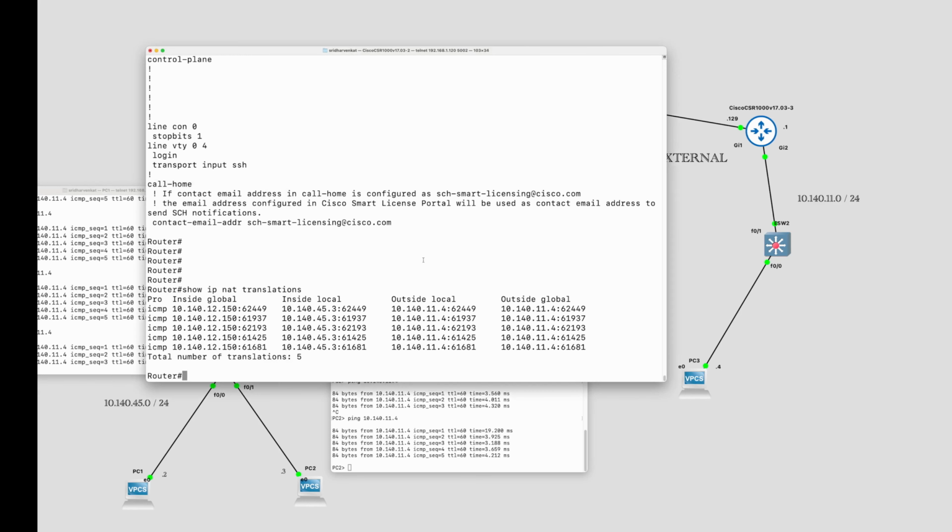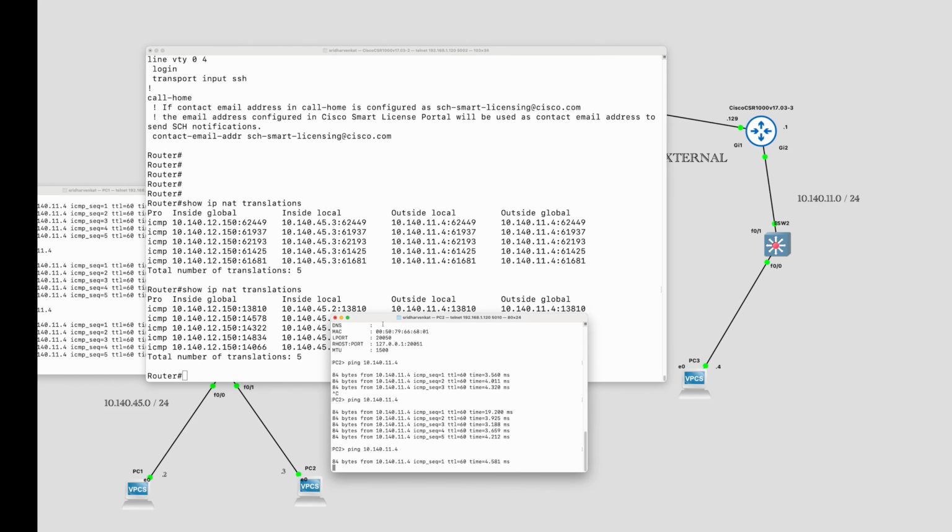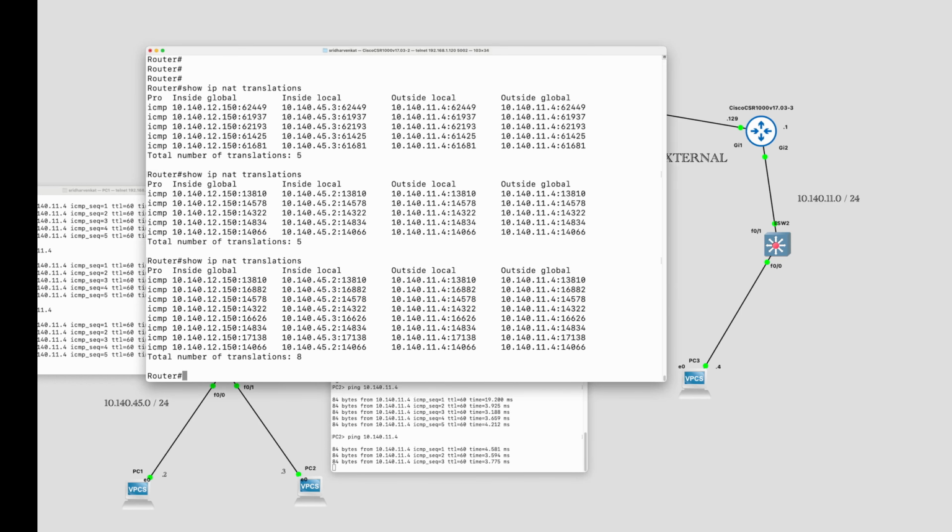And while that is going on, let me try to do the network IP translation. You can see it is actually .2. And let me do this again, and then do this again. You'll see both 2 and 3 here. So network traffic from PC1 and PC2 are going through the